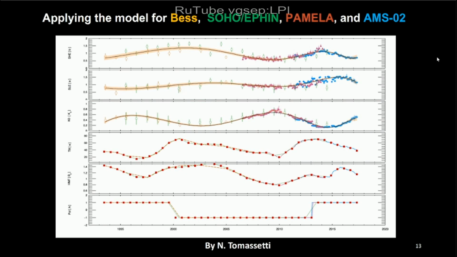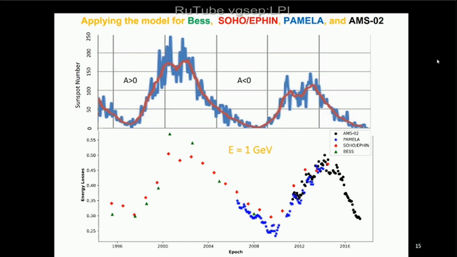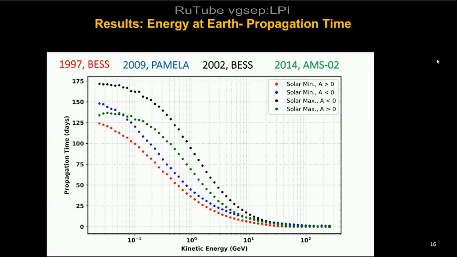Again, these are the three parameters, and the other parameters we found by fitting with those data, and of course the Pamela and AMS data. Again, here is the propagation time for protons with energy 1 GeV going back to the 90s, along with the sunspot number. The energy loss is also extended to the 90s. And here this figure shows the propagation time